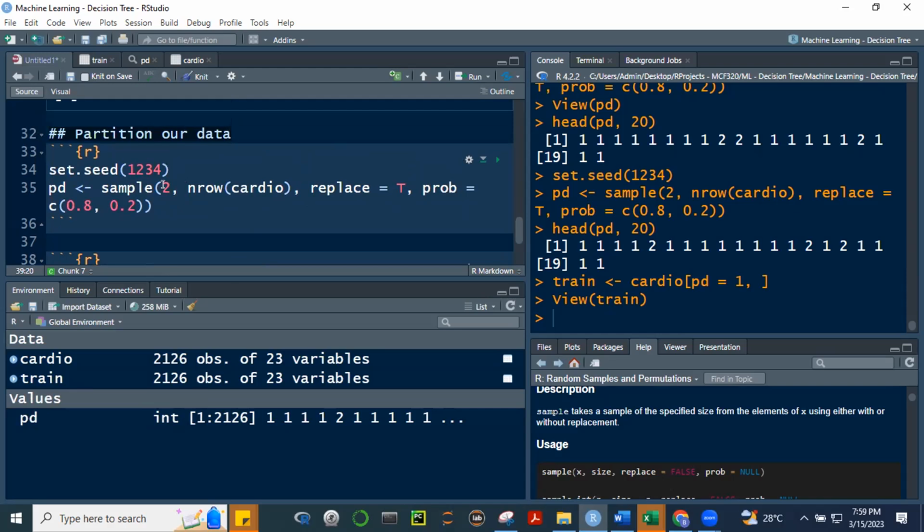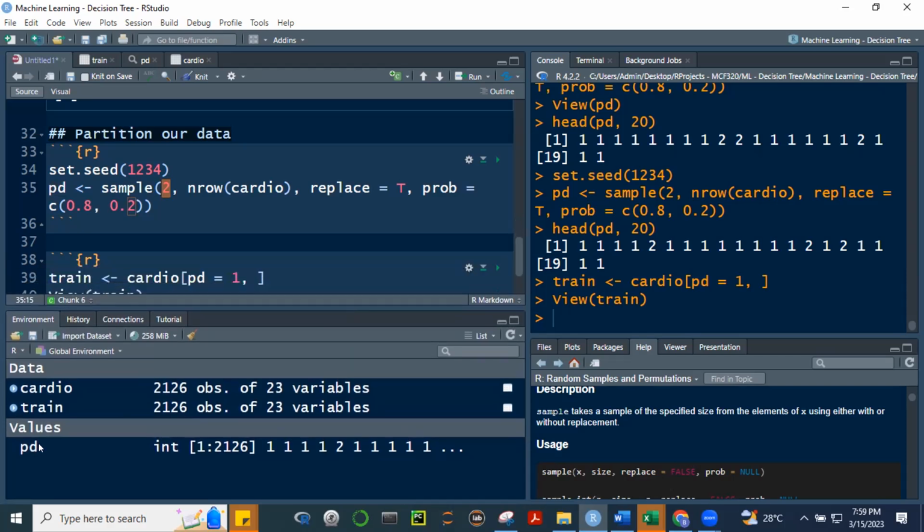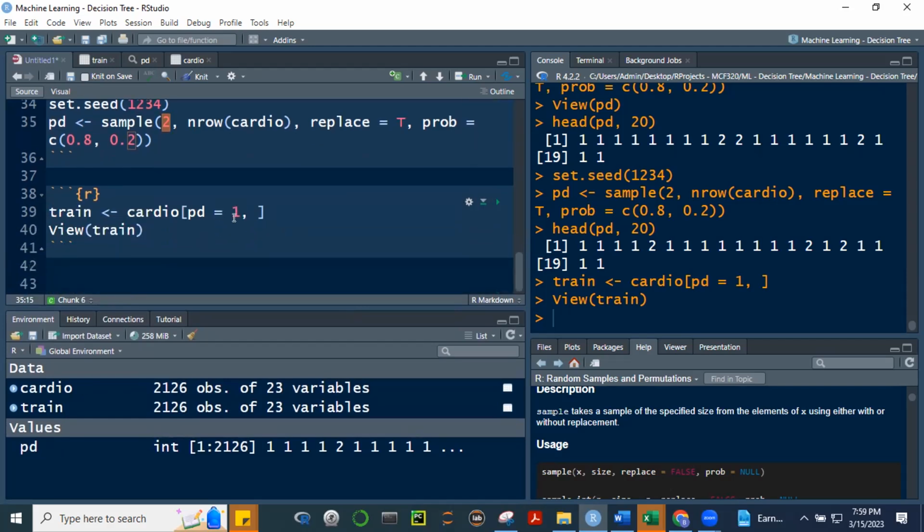Remember, we created this PD, partition data, PD ng tinawag ko, and then we're sampling it into two. One is 80%, the other is 20%. So dapat yung train natin, which includes all the number 1 dun sa PD natin, that should be more or less around 80% of 2126. Why is it that the train data is still 2126? Okay, kasi mali yung function ko dito, mali yung code ko.